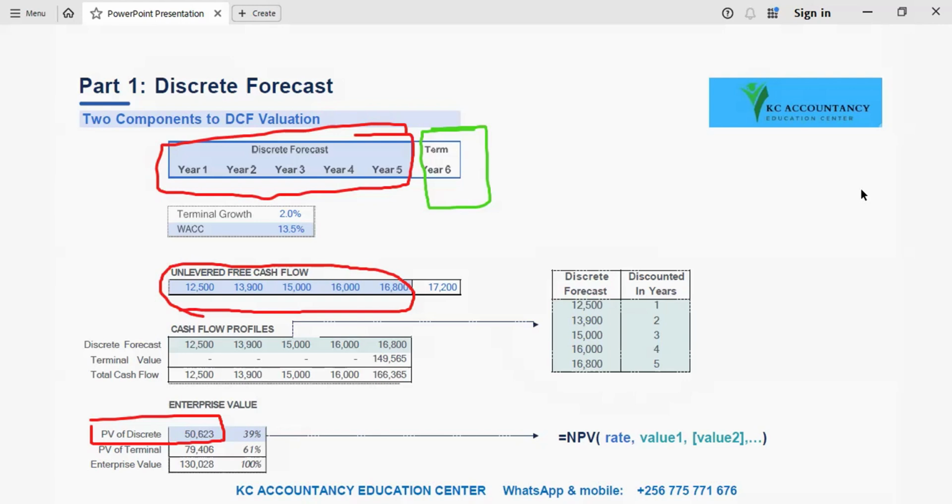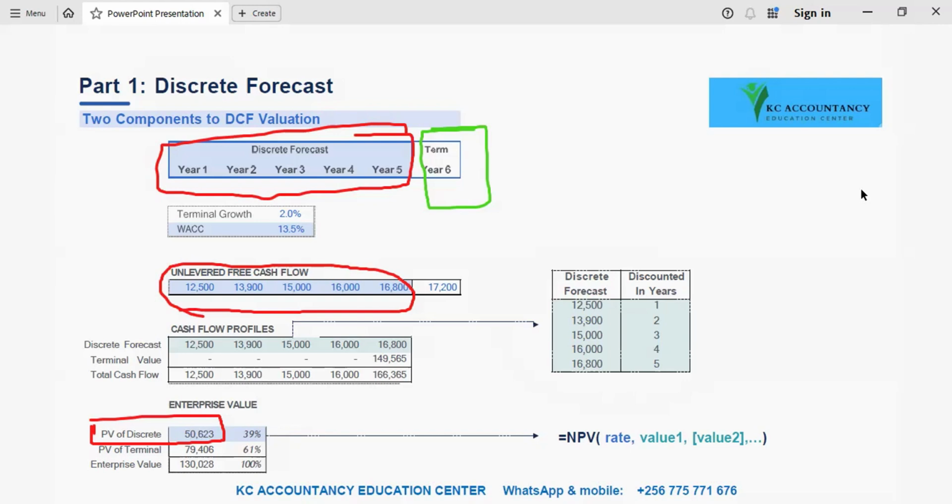The reason we are focusing on this is that this present value of $50,623 is computed using the